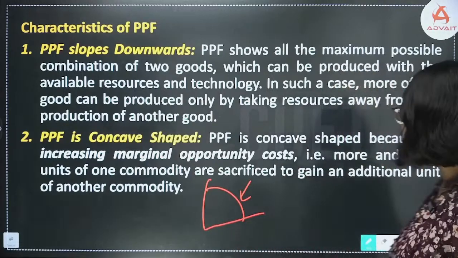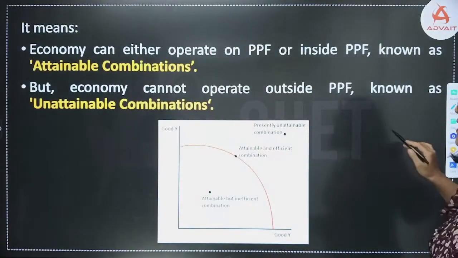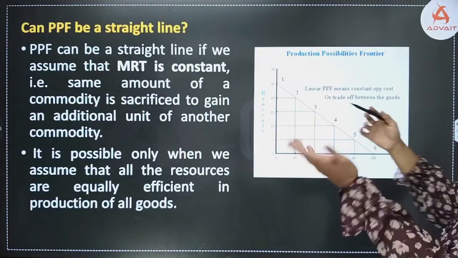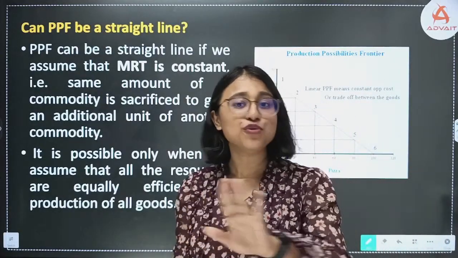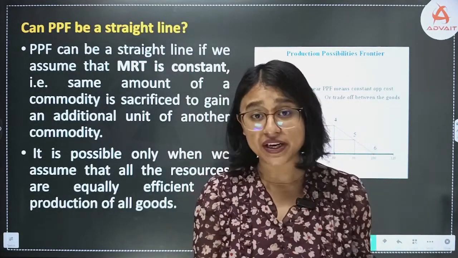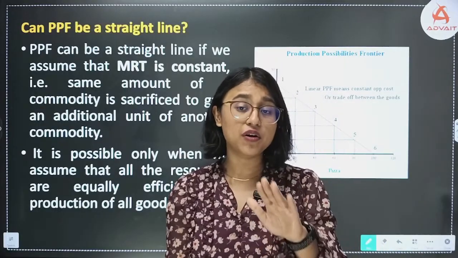Clear? Now let us understand, can the PPF be a straight line? Can the PPF be a straight line? No. PPF cannot be a straight line, because if PPF is a straight line, it means MOC or marginal opportunity